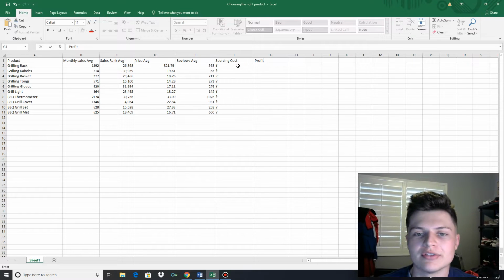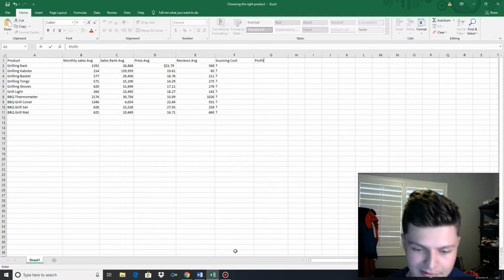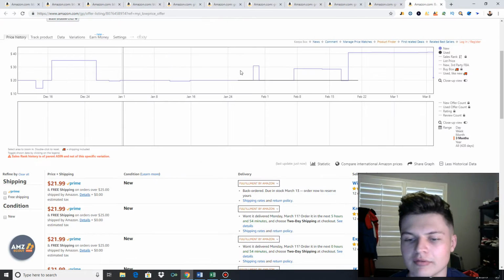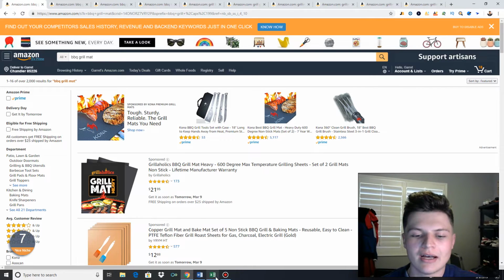Then we go further into identifying the sourcing costs from Alibaba for all these products, and then we break down the potential profit per product, and then we start really diving deep into which products make the best sense. So I'm going to go over here to Google. Okay, so I have all these products pulled up, and where I got all this data from